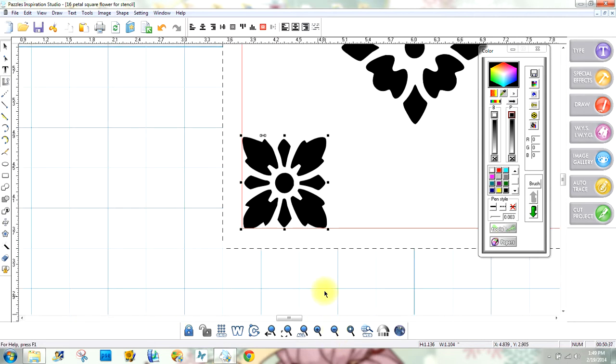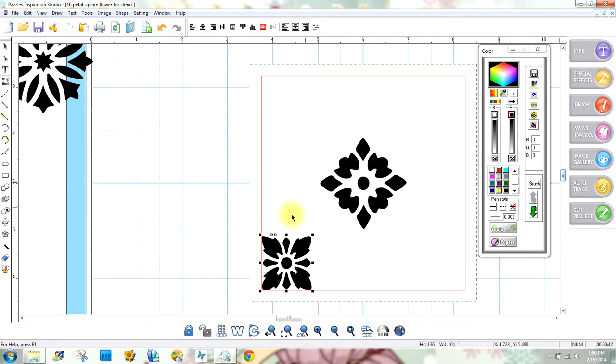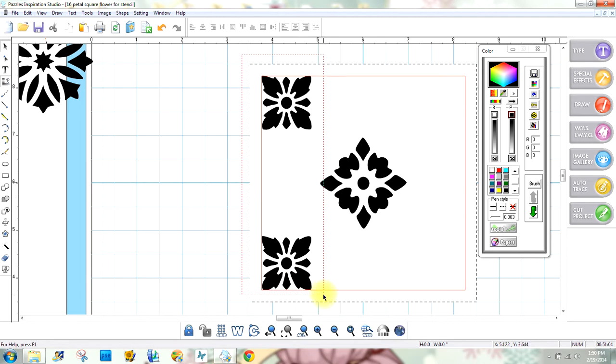So I'm going to zoom out a little bit, actually a little bit more, and bring it down like this. And while I have it selected, I'm going to hit Alt-D for duplicate. And I'm going to put my cursor on it. I'm going to hold my Shift key down the same time that I'm still holding down my left mouse button, and I'm going to slide it on up to that corner. Okay? So now I'm going to grab the 2 of these together and put my cursor on one of them and hold my Shift key down and my left mouse button down, and I'm going to slide them on over